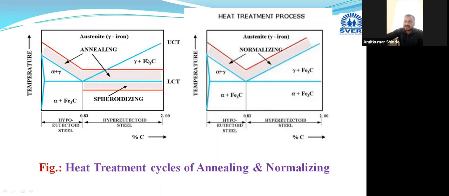Now if we are using hypereutectoid steel in this region, these are hypereutectoid steels. If you used the above A1 temperature, here austenite and cementite is there, and this cementite will be uniformly distributed and fine at room temperature, and this is hard in nature. It improves the hardness. Hence, we can use this temperature zone for hardening.